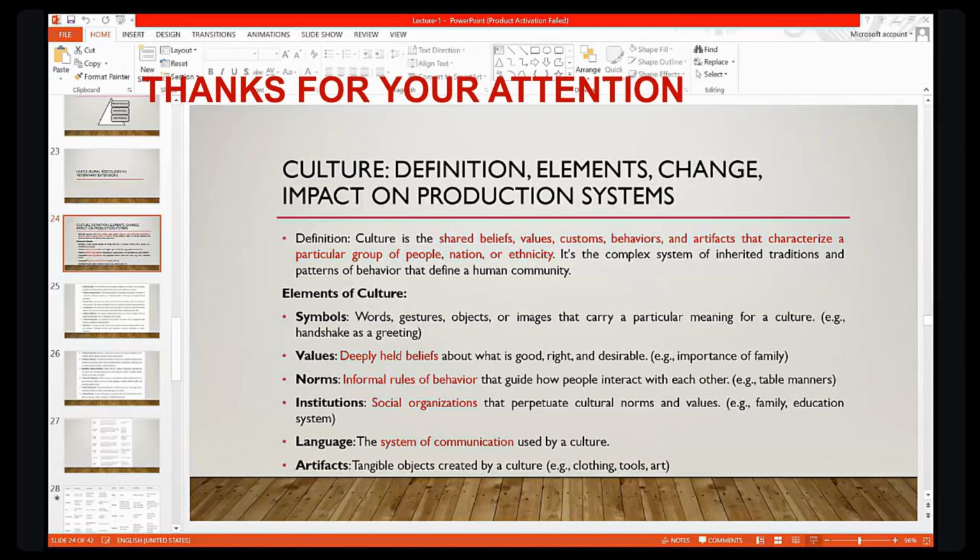Then comes the language. Each and every tribe, each and every caste, religion, they all have their own system of communication that is unique to